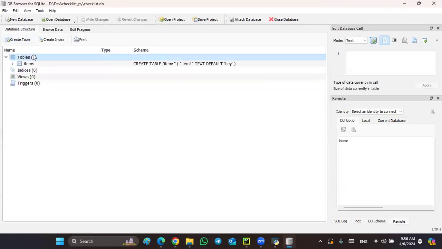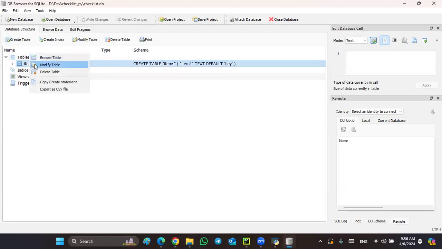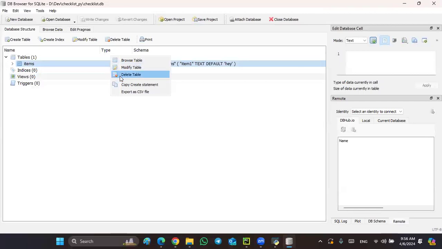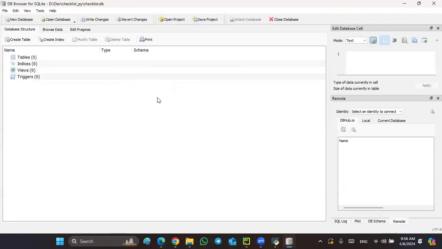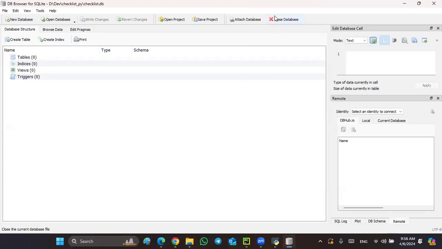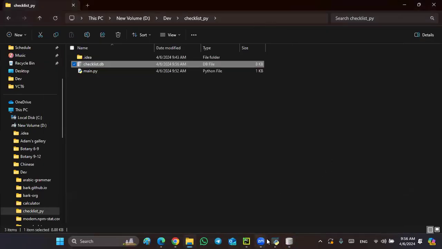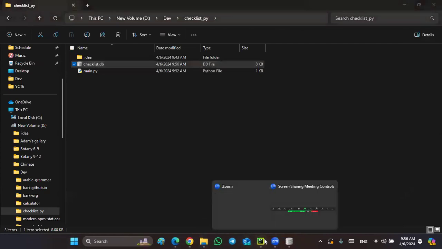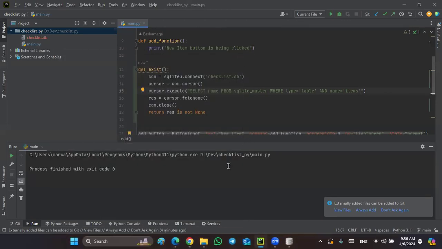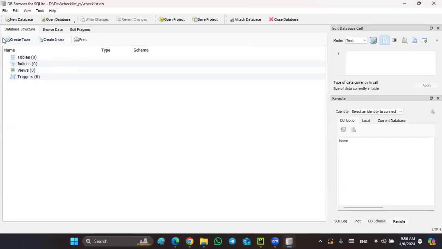So it checks if the table is there. So if I delete this table, it will be selected and save the project. Press Control S again now and rerun it. So close this, head back to the terminal, and you can see nothing in the checklist again. And again, if you go to create a new table,